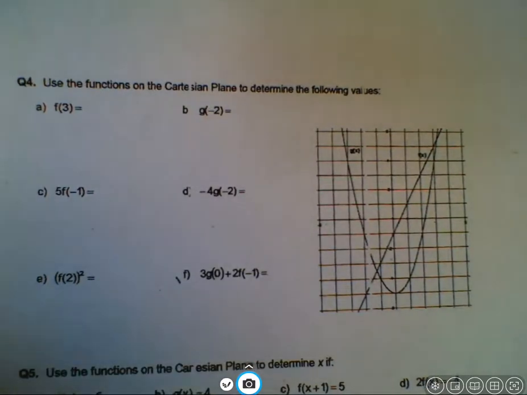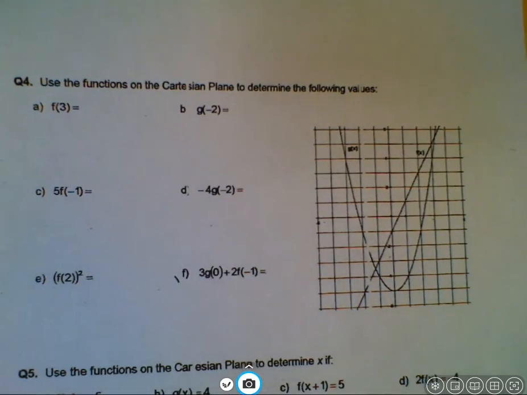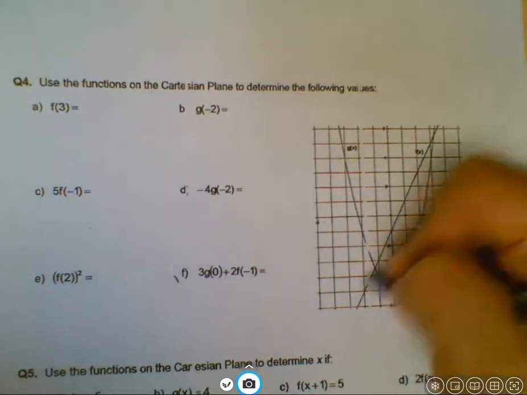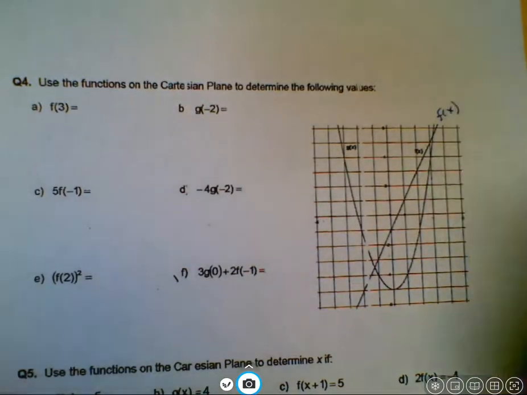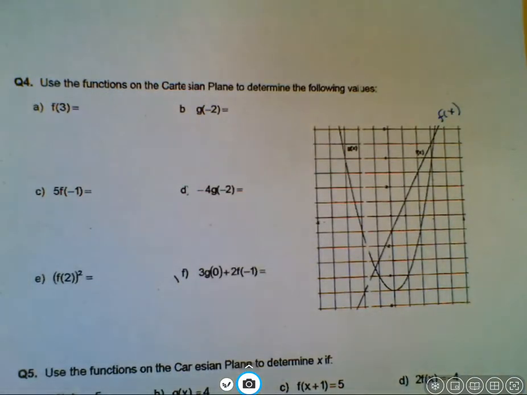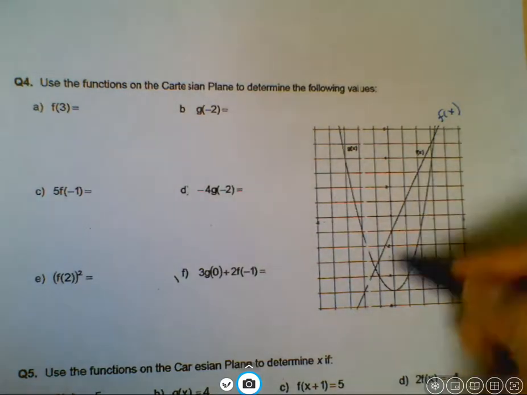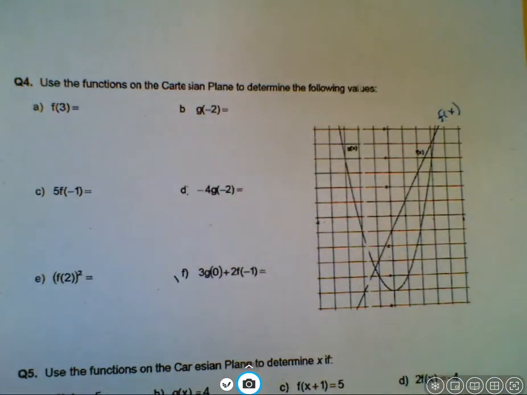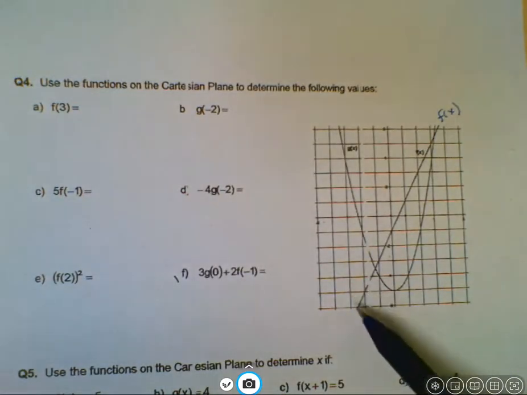Remember how we said relations can be represented in different ways. You could have a table of values, you could have a point, you could have an equation. Well, you can also have a graph, right? So what this picture is showing you is this line over here is the graph of f of x. And remember, all a graph is, it's actually labeled, but it's hard to see. It says f of x there. All a graph is a collection of points that would have been in a table of values, right? So whatever this line is, we don't know the equation. We could probably figure it out using our grade 9 skills, but we don't need to,